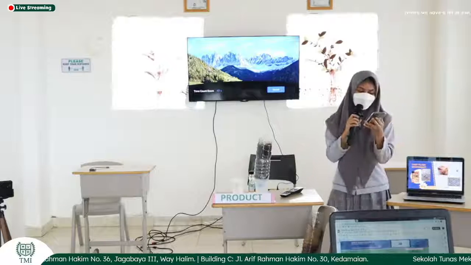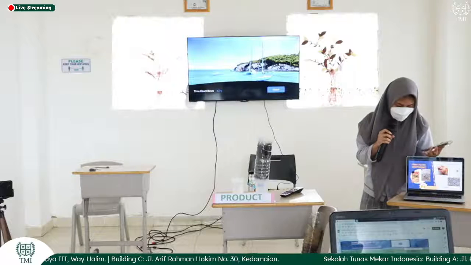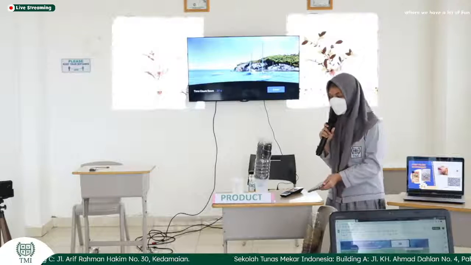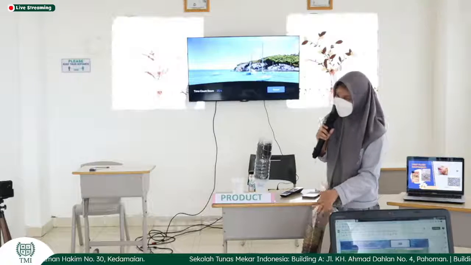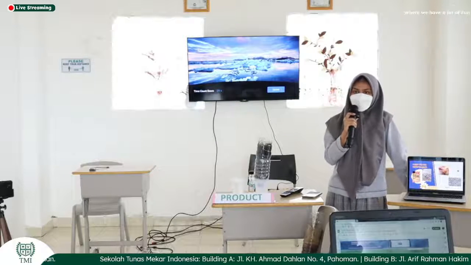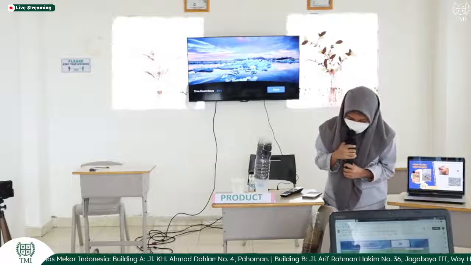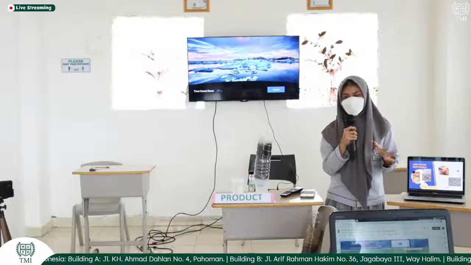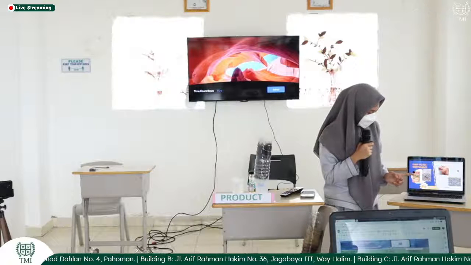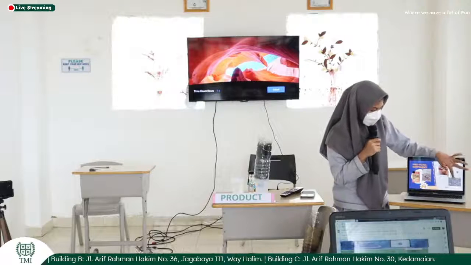So, what did I need to make this filtration? Of course, I need some components. There are two filters that I will make. This is the second filter, and this is the first filter. In the first filter, I will need sands. Actually, I take two sands to compare, sea sand and river sand, and I will compare which one is the best. This one is the sea sand, and this one is the river sand. I also need a coconut husk and gravel.